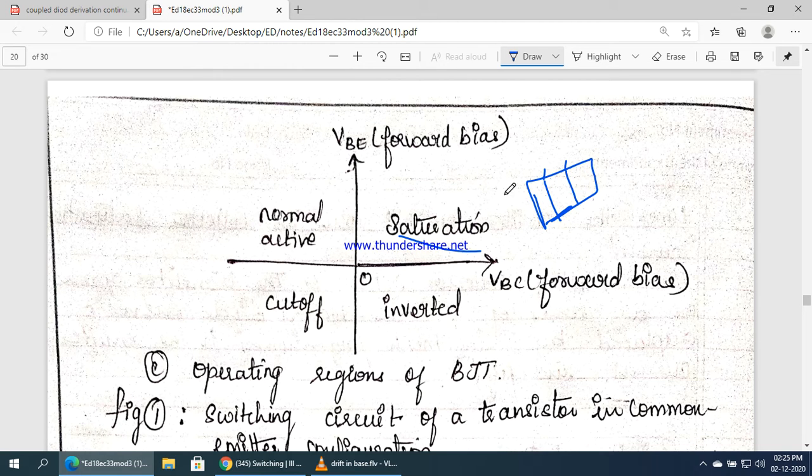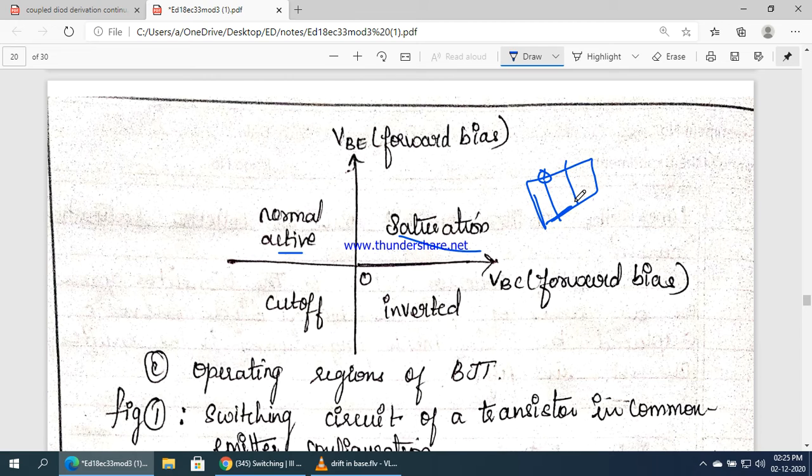If VBE is forward bias and this is reverse bias, that is VBC, that junction, if it is negative, that is reverse bias, that we call the normal active region. So this is the normal working operation of a BJT, where the amplification process is possible, that we studied in the previous class. If VBE is forward bias and VCE is reverse bias, that is the normal working of a P plus NP, that we studied from the beginning of this module. So that is the normal active mode, where amplification is possible.